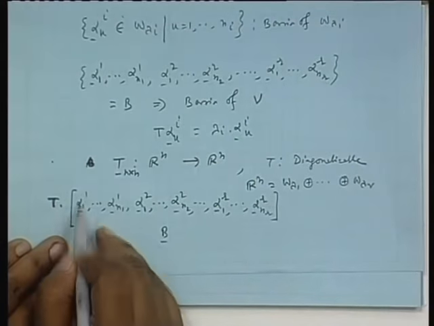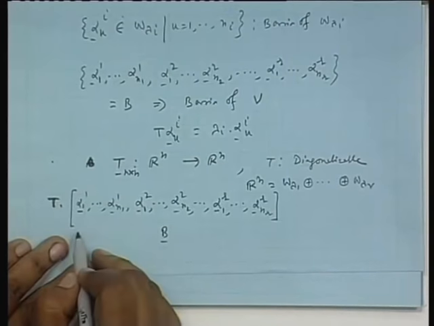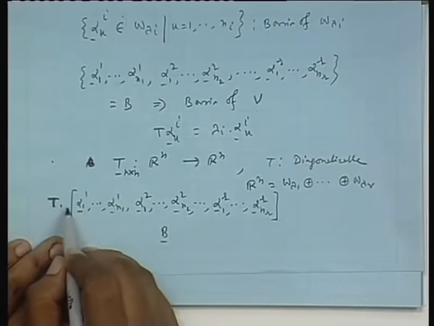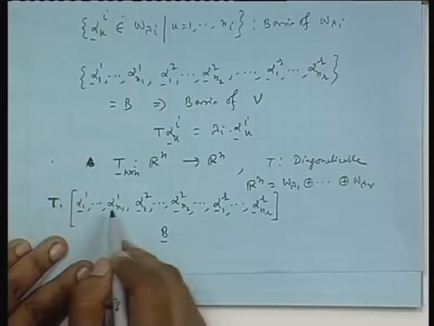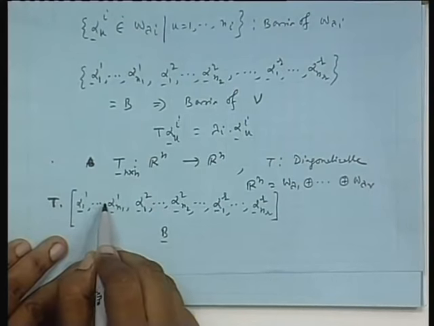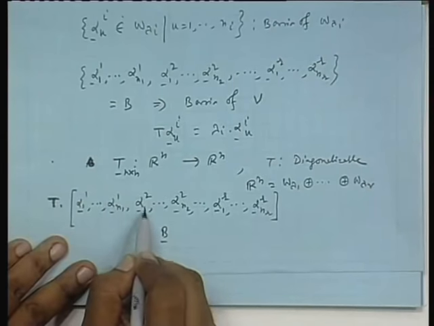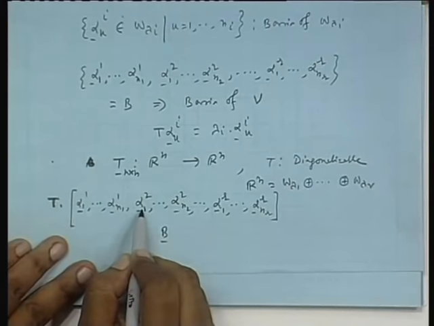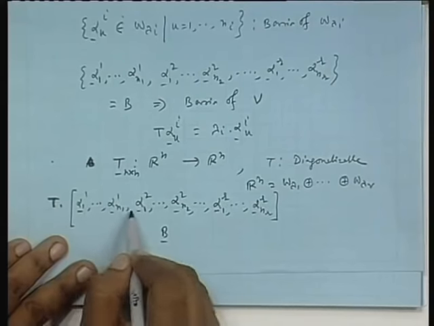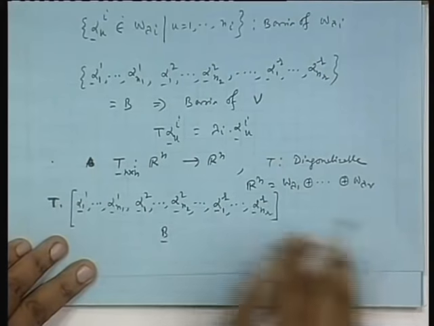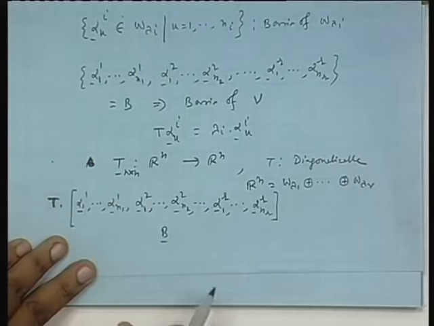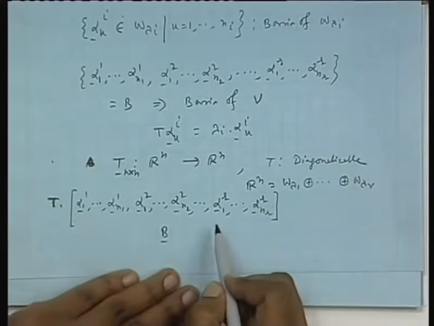Then T working on this column vector is nothing but, since it is an eigenvector, this eigenvector itself multiplied by lambda 1. T working on alpha 1 n1 will be nothing but alpha 1 n1 multiplied by the same eigenvalue lambda 1. T working on alpha 2 1 will be alpha 2 1 multiplied by the eigenvalue lambda 2, and so on and so forth. So the resulting thing also will be a matrix of those column vectors. And you can easily check